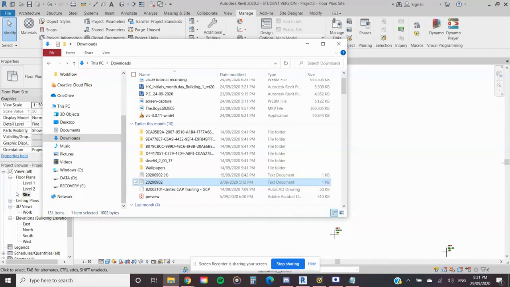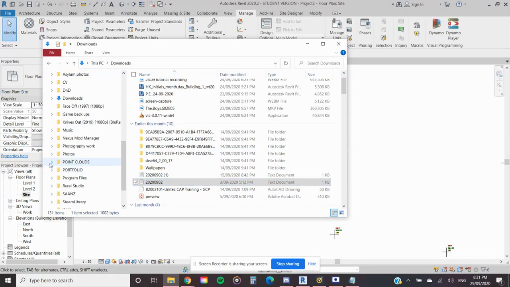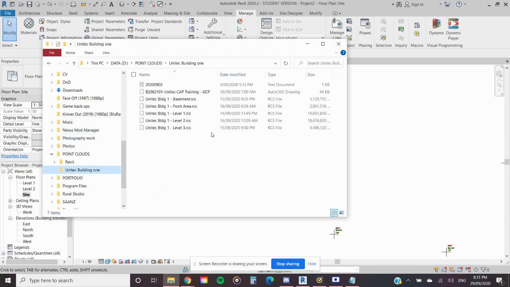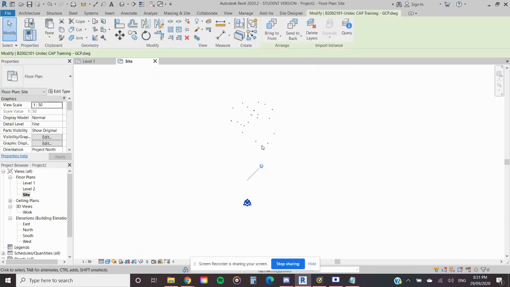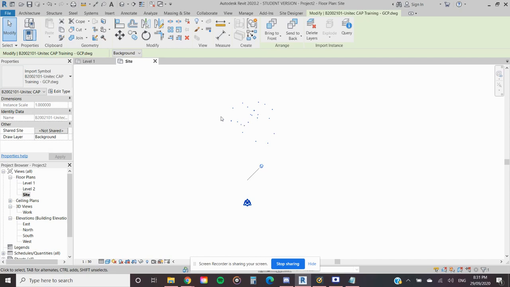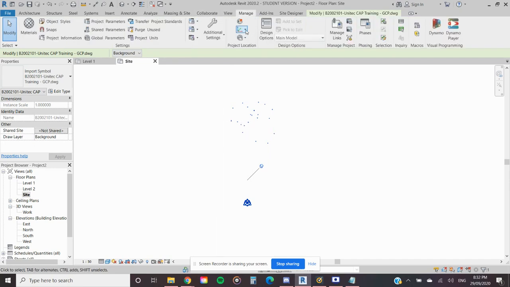So let me actually, I should really keep that in my folder here. So if we have that open for later, we can reference just to make sure that those are going to be in the right place. So let's hit that, and this is where it gets exciting, because now if we go to manage, we go